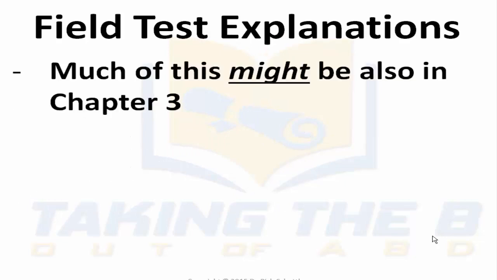Now, the field test explanations might be something similar to what you have in Chapter 3, although it's probably going to be a little bit different. This is going to be dependent on the university that you are graduating from and their guidance. Oftentimes, a field test is done for qualitative research questions and interview questions before the proposal is submitted for university approval and IRB approval. If that's the case, then you may not have anything in your Chapter 4, but it's not uncommon that some universities want their students to have the IRB approval first and then do the field test.